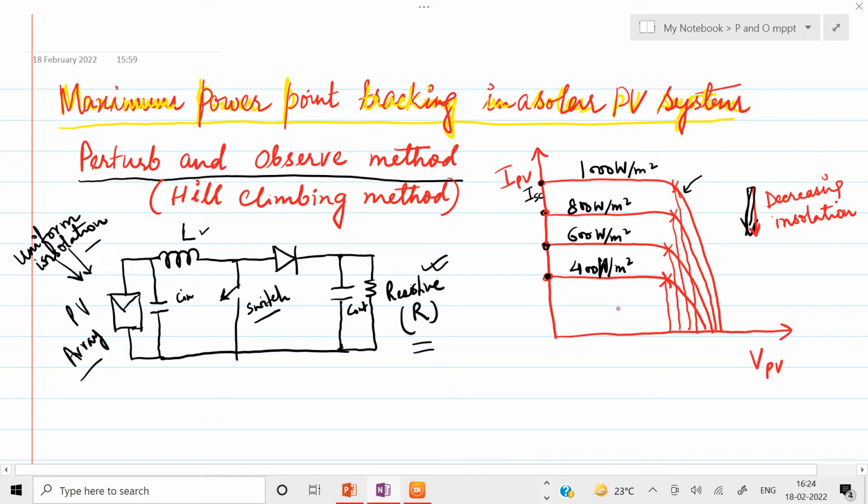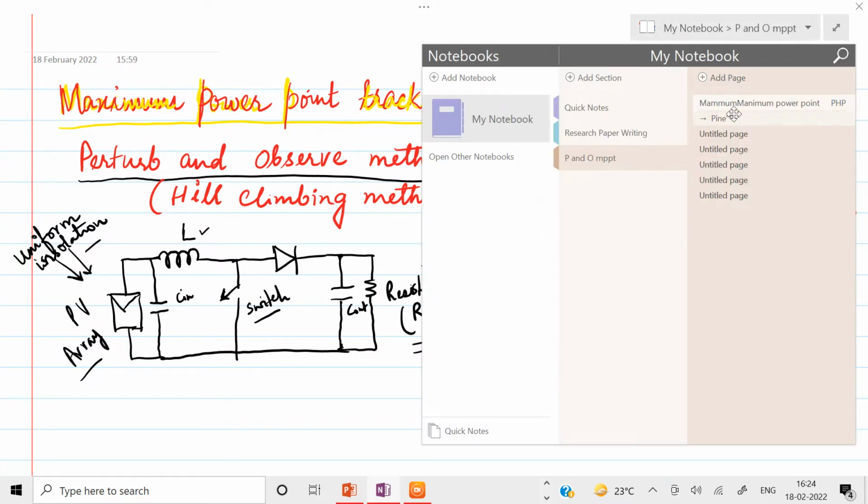Okay, so R max for this curve is this one, R max for this curve is this one, R max for this curve is this one, and R max for this curve is this one. So R max itself is varying for different insolation. Okay,